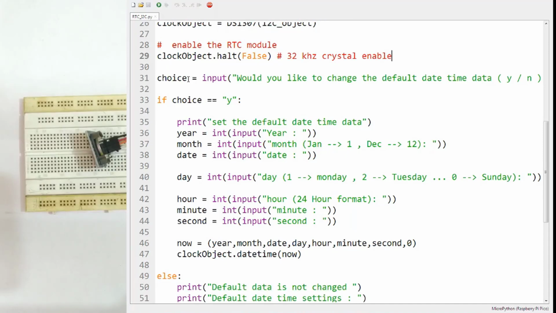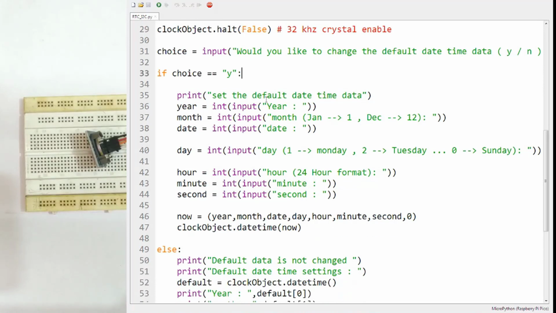Now you have to make a variable choice and ask the user whether they would like to change the default date and time, giving two options, Y and N. If the choice is equal to Y, you will print set the default date and time data. You will ask users for this data: year, month, date, day, hour, minute and second.